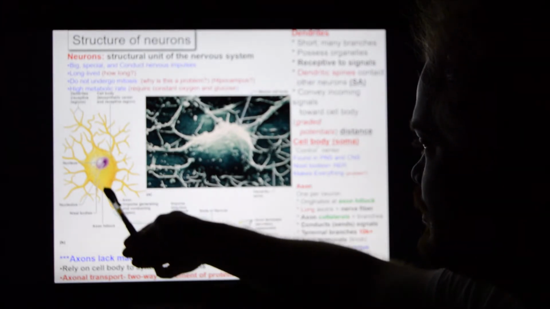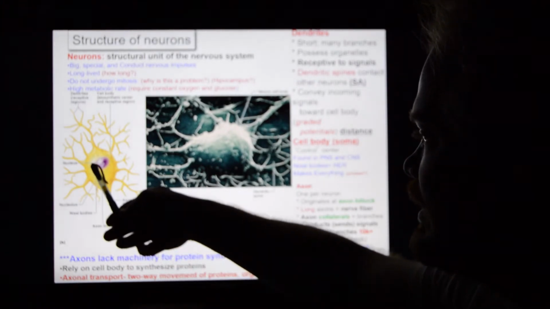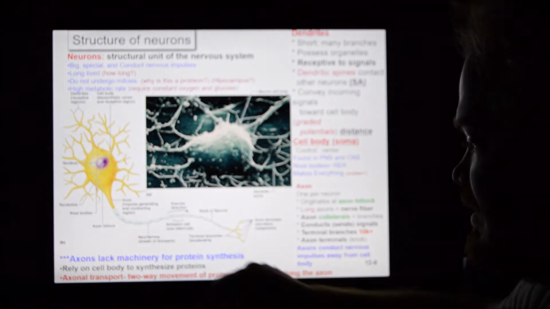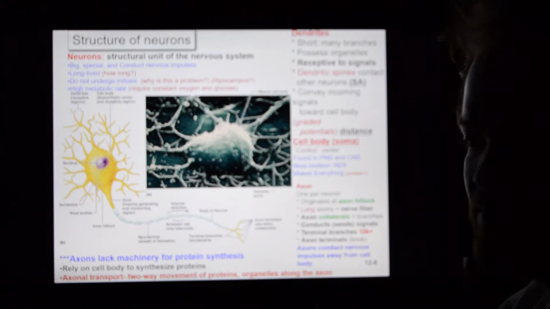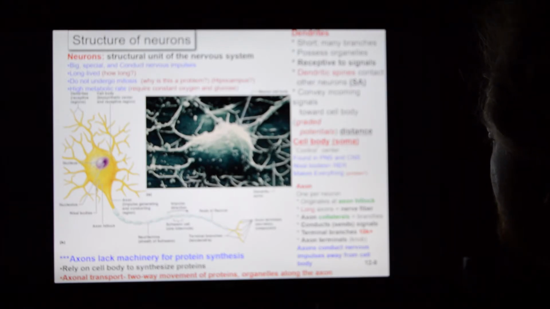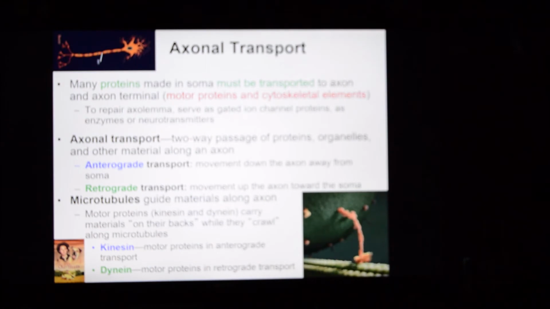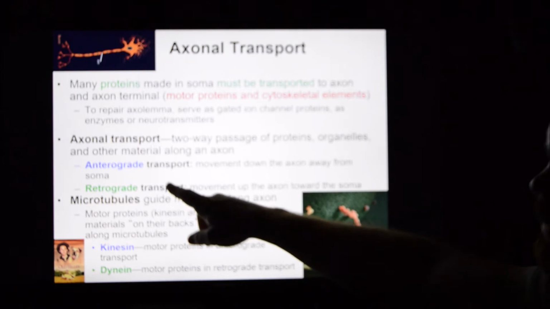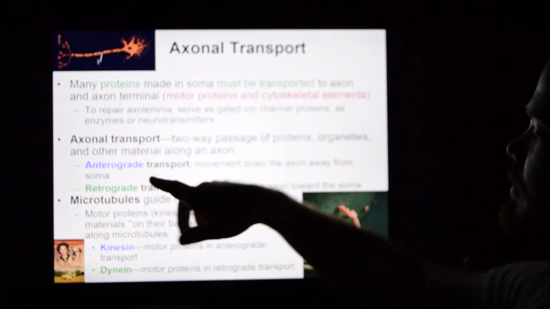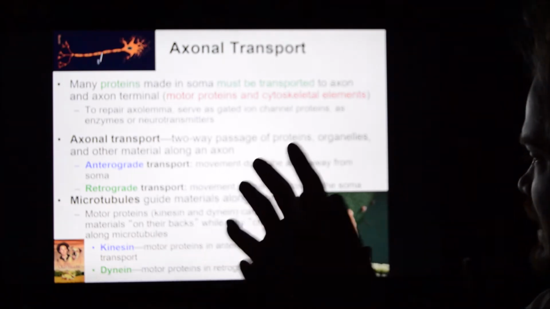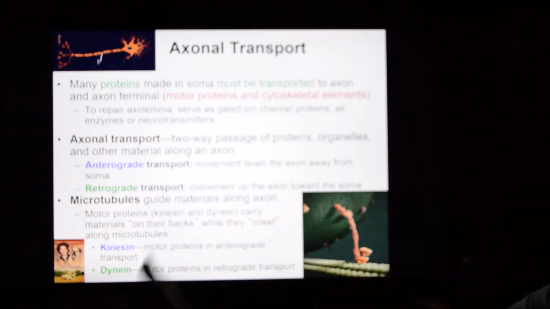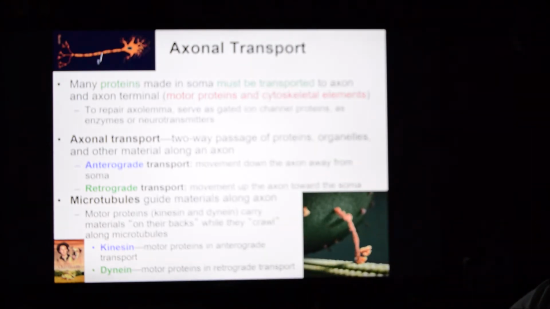So what you have is a two-way street where you can carry big stuff down the length of the axon. This isn't nervous transmission. This is big things that have to move, okay? It's referred to as axonal transport. Now, in the realm of axonal transport, there is anterograde motion and retrograde motion. Anterograde motion is movement down the length of the axon towards the axon terminals. Retrograde motion is movement back up the axon from the axon terminals towards the soma.